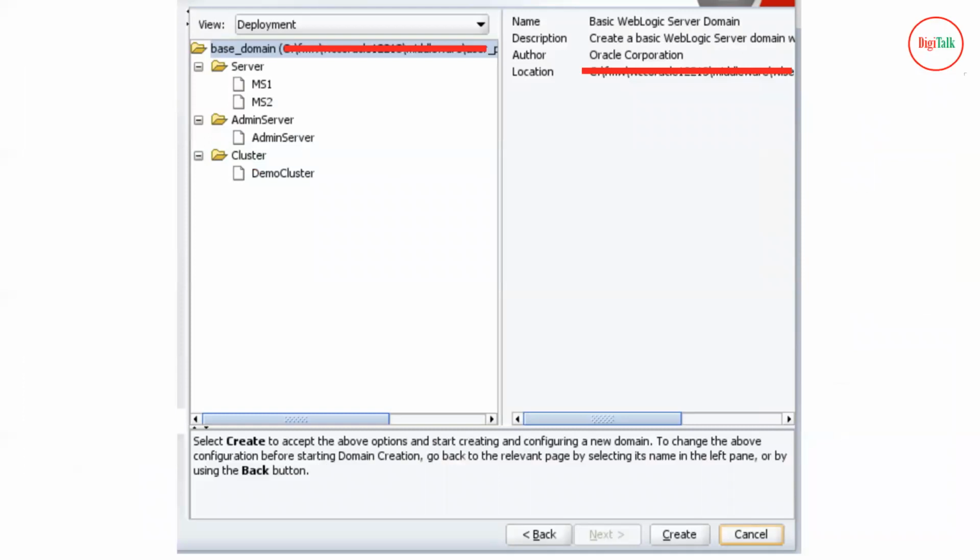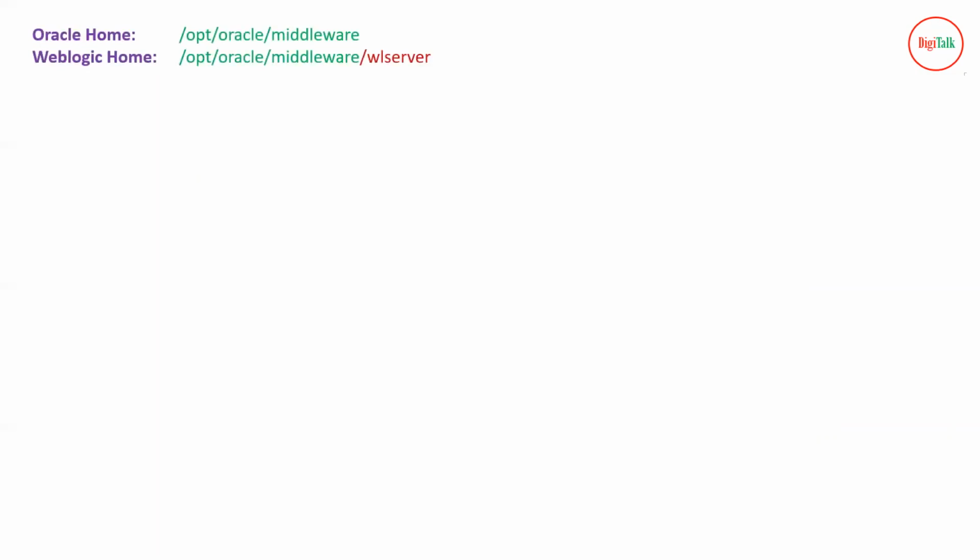So that's all. These are all the configurations that you need to define or create a domain for horizontal clustering. On the next screen, you will see an option showing whatever you have configured so far, and then you have to click on create. In between, maybe you will see a few more screens to configure some advanced options. You just have to click on next only, you don't need to enable all those options. Just click on next, and then you will see this screen, and then click on create. After that, our domain will be created.